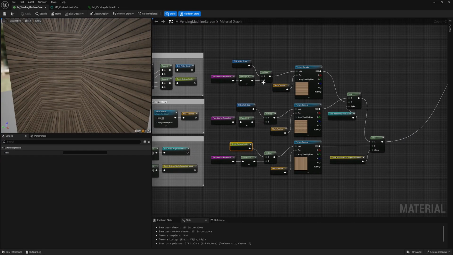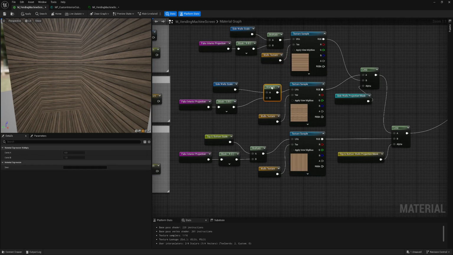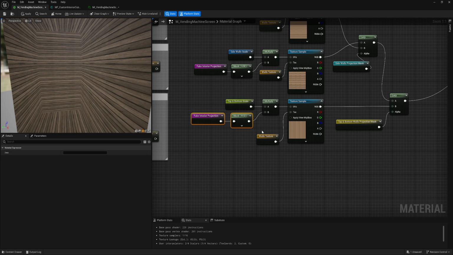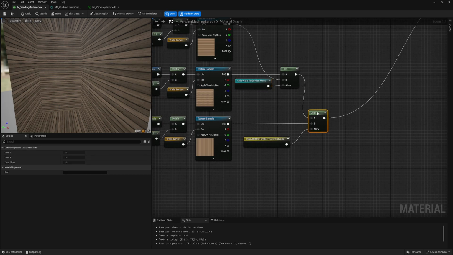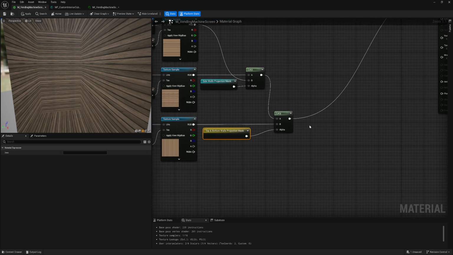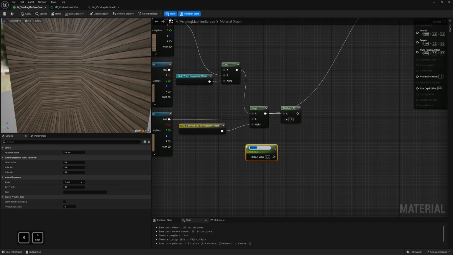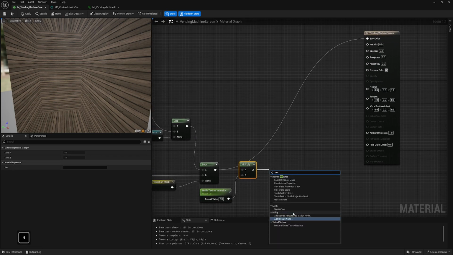Let's organize this better. I will add intensity here, because some textures may look too dark in there. I will create a root node.